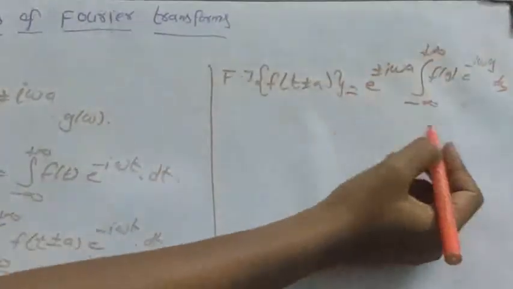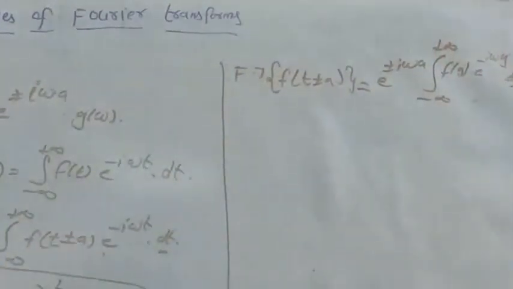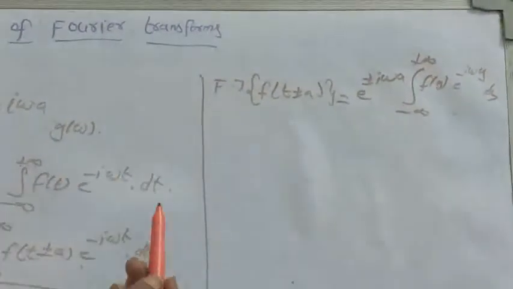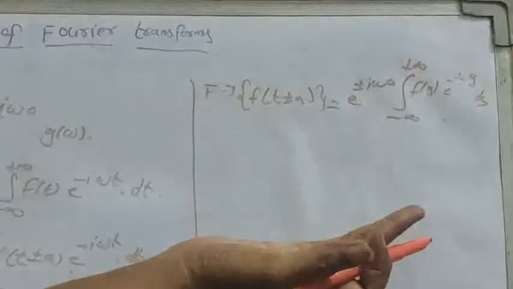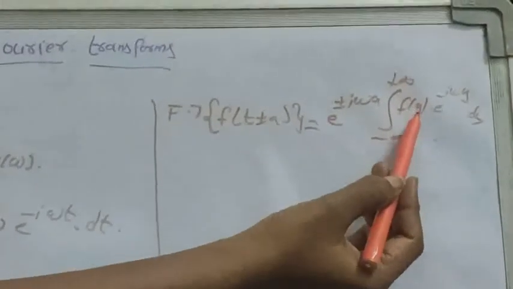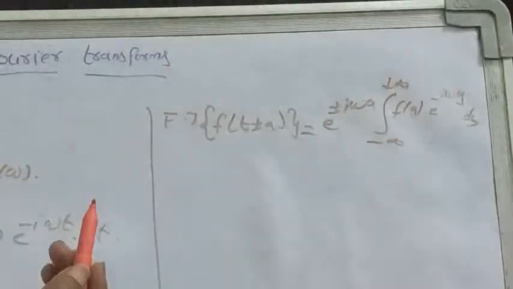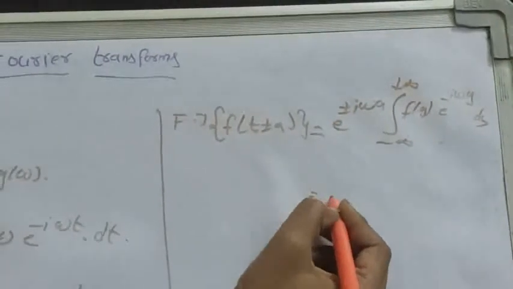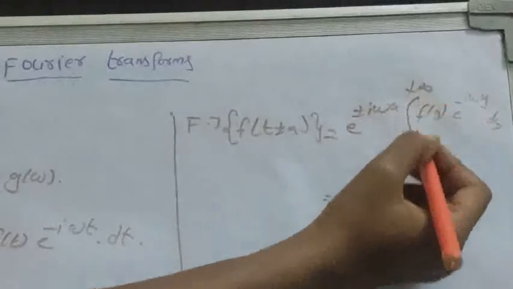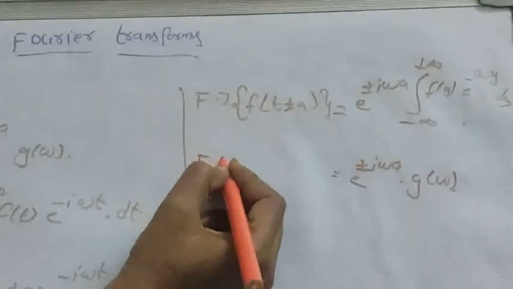Now you observe this whole term, that means the integral term, is again related to g of omega. Okay, so I am going to replace this integral term by g of omega, and further you can extend one more step also. This whole function is in terms of y. You can change in terms of t, and again you can represent with g of omega. Or directly you can do it. So e power plus or minus i omega a, like that only. This whole integral term we are going to represent as g of omega. So what is the LHS term? The Fourier transform of function